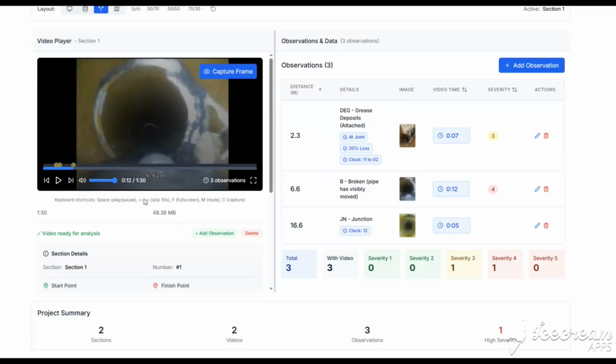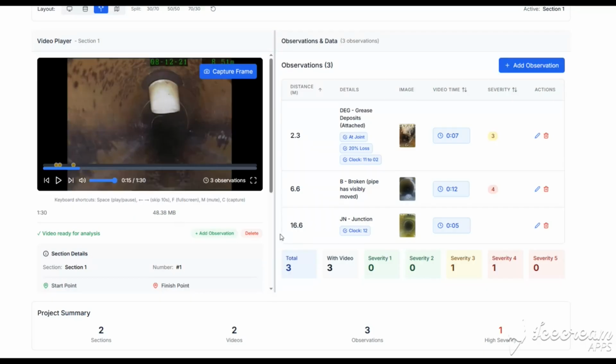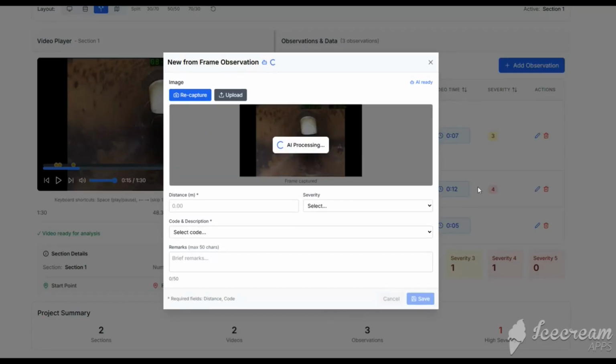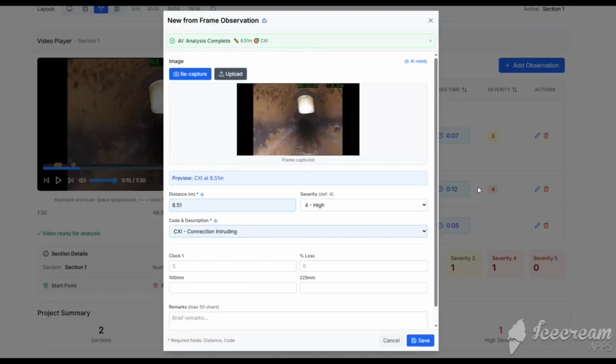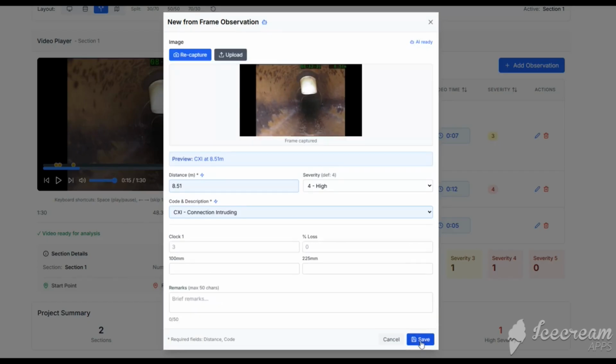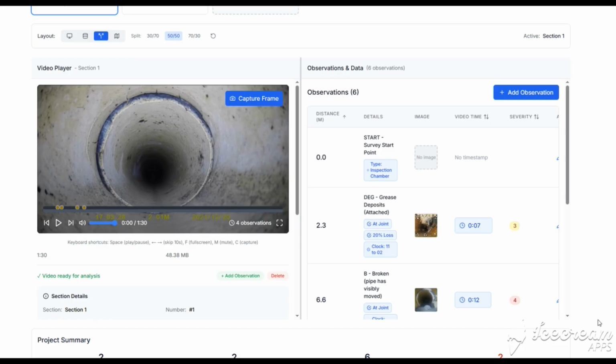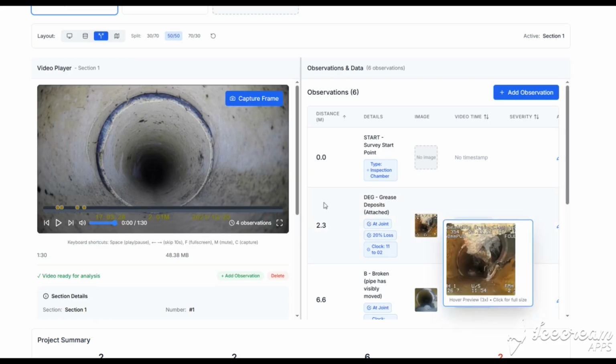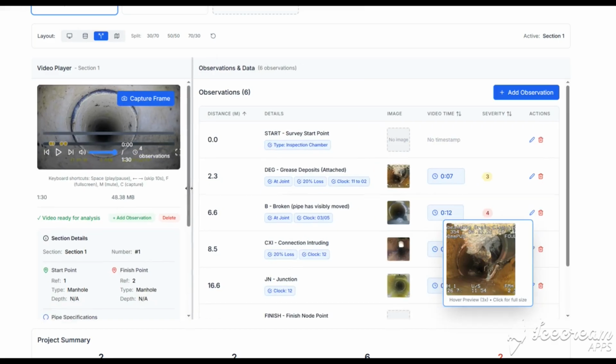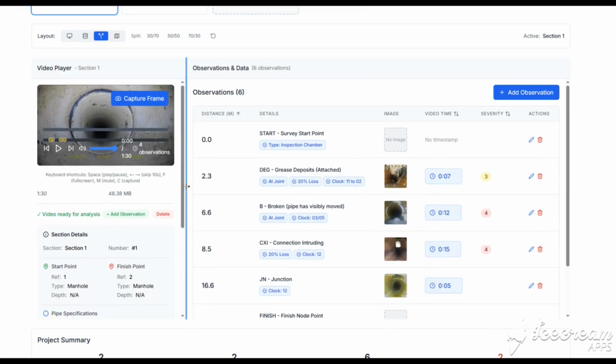So let's go for another one, eh? Intruding connection. Okay, that's what I see. Let's see if it picks it up. Yeah, CXI. Yeah, 8.5. And again, you can add detail to it. We'll save that. So that's fairly useful, let's put it that way. So you can see section details,